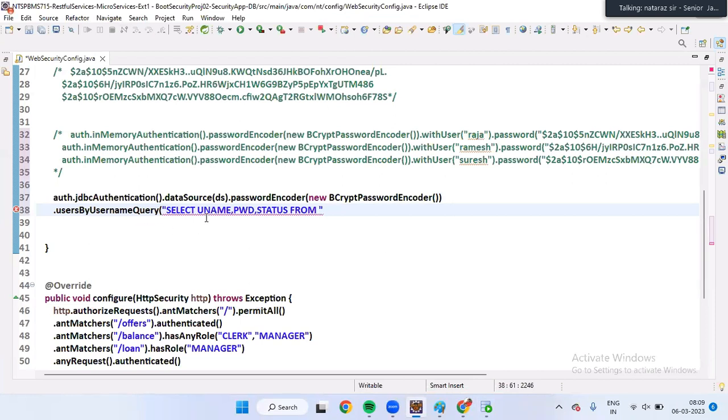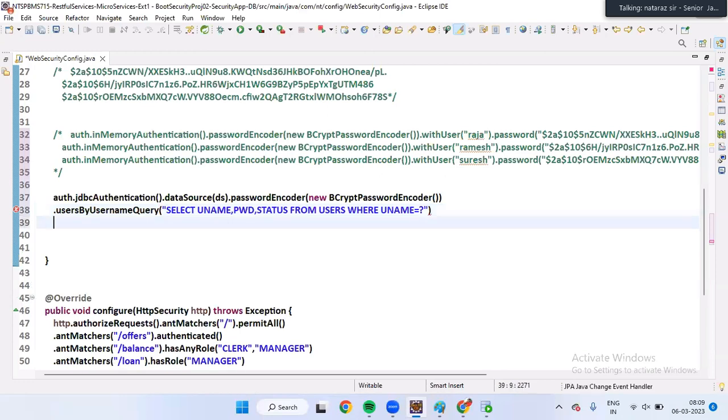Okay. Uname, password, status from users where uname is equal to question mark. Yeah, this is the query for authentication, boss. Next,